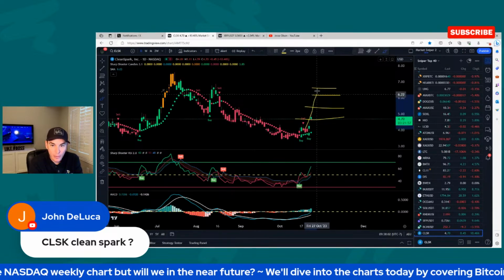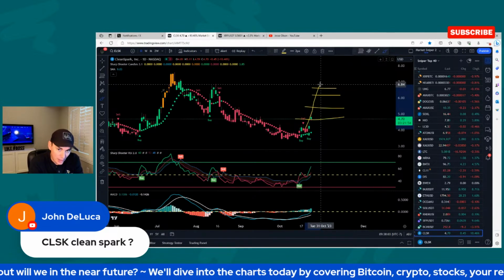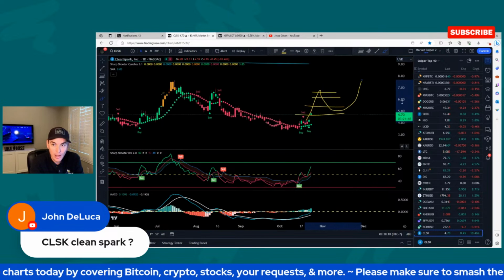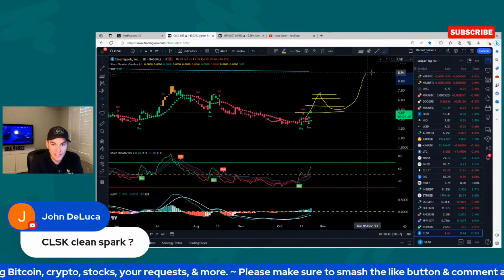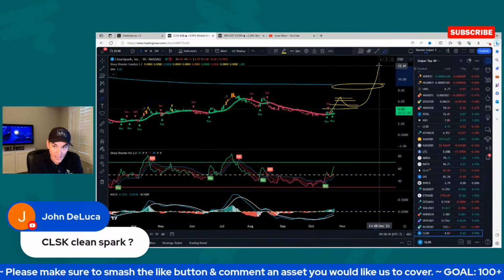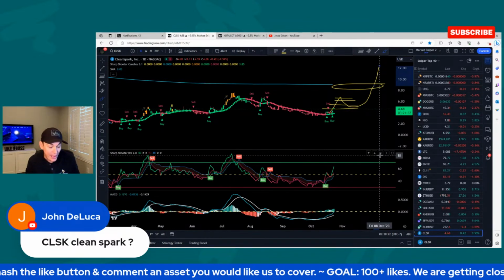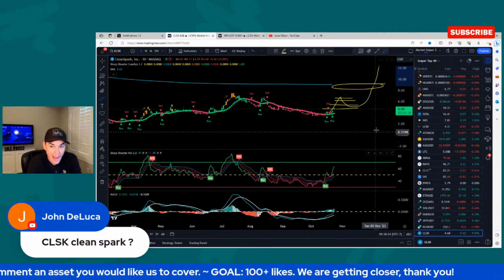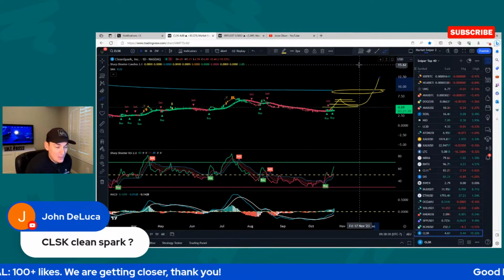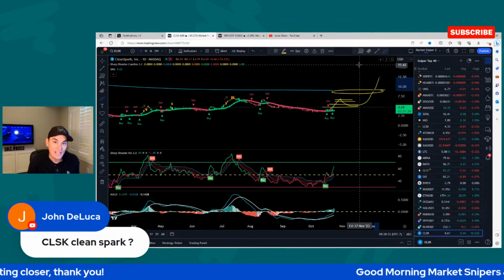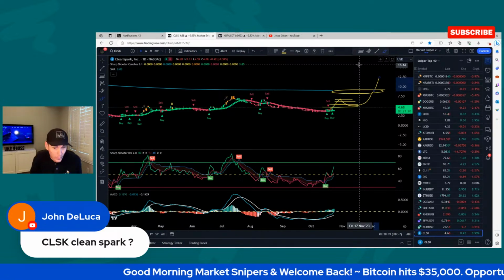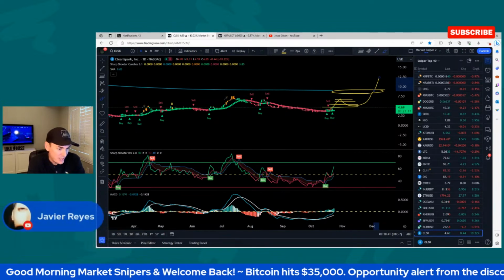3, 4. Price comes up like this. We get a buy signal on the weekly chart as well. Turns these resistance targets into support and then takes off to the upside, possibly retest the 200-week moving average. And then we'll see if it regains it like Bitcoin did and then takes off even further after that. Those are all the possibilities. Those are massive moves. If Clean Spark comes up and hits similar targets to Bitcoin, instead of 25%, probably looking at 100%, 150%, 200%, right? So even bigger potential moves.